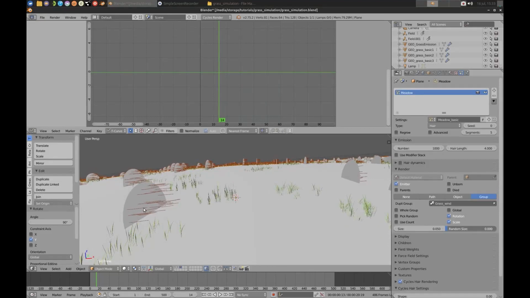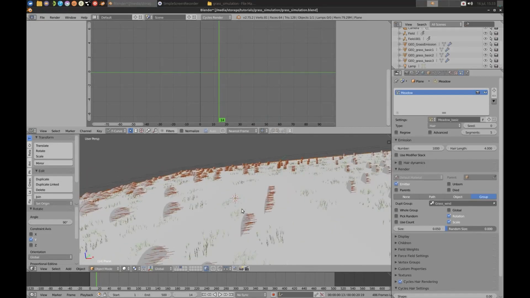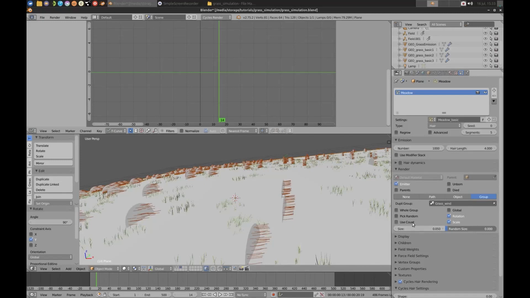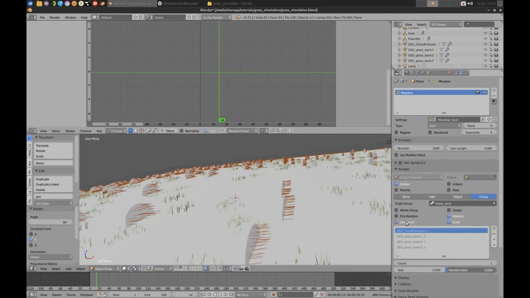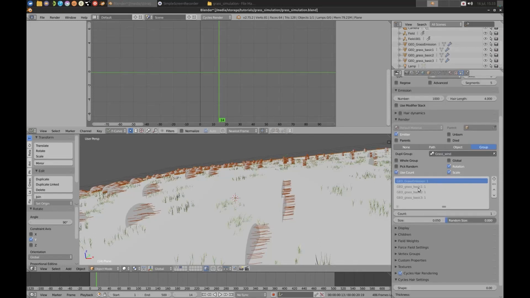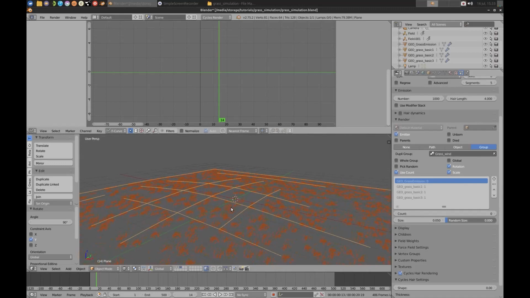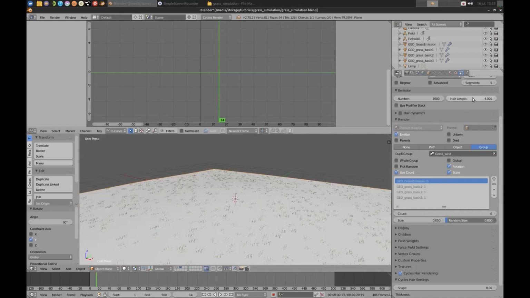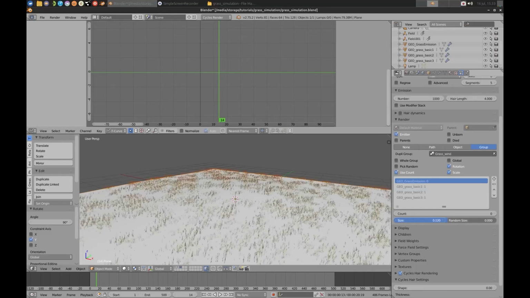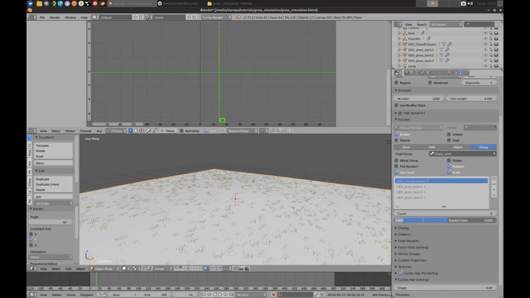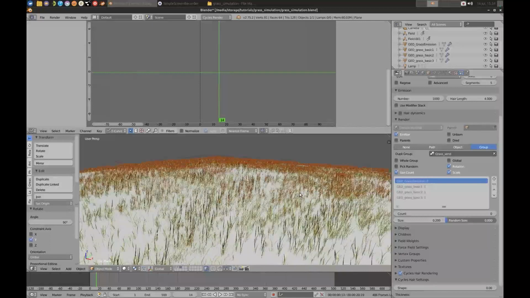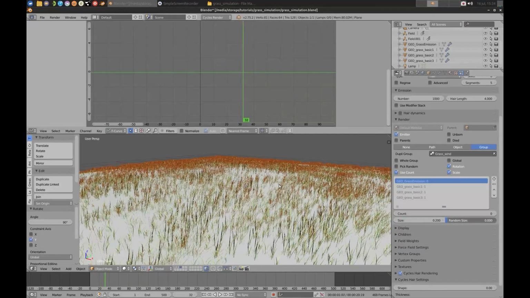Now, next the emission meshes, that's a bit less tricky. So the only thing we have to do is to check this little button here, use count, and that gives us some control over how often the individual objects in the group are duplicated over this whole surface. So what we have to do is just change the count for the grass emission to 0. And here we go. What we can do now is we can change the size here. Let's make it 0.2.